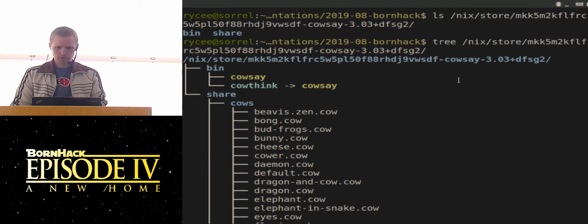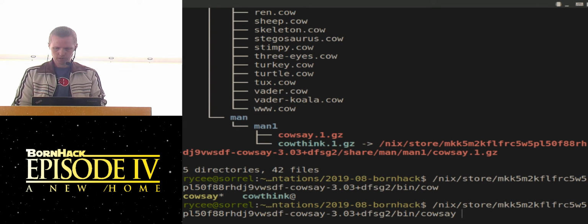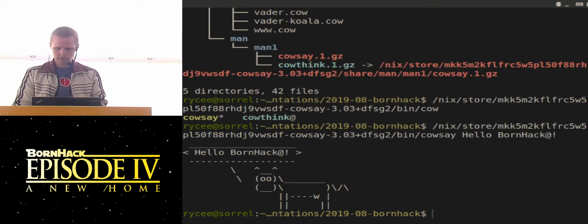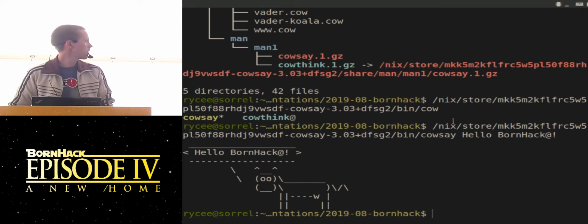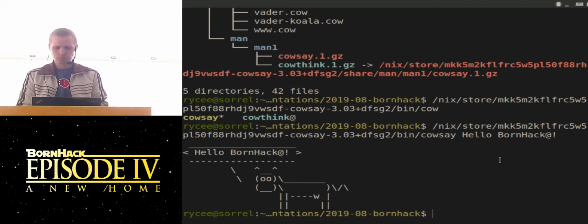And of course, if I go into the bin folder inside there and run cowsay, I can say hello BornHack with an @ there, and it will run like a regular executable. Nothing strange about that.